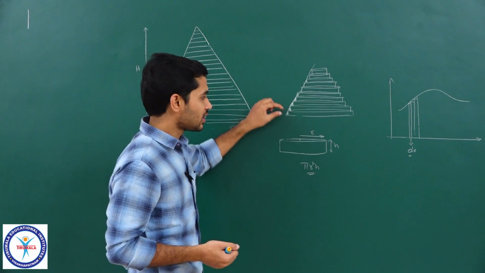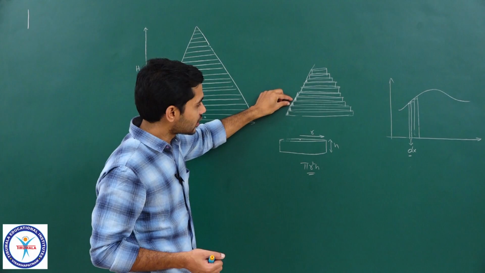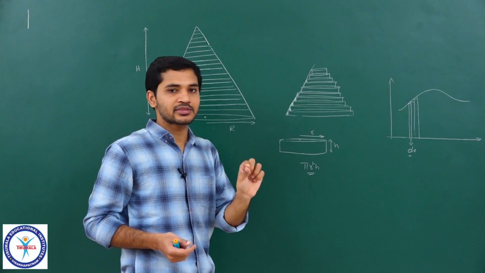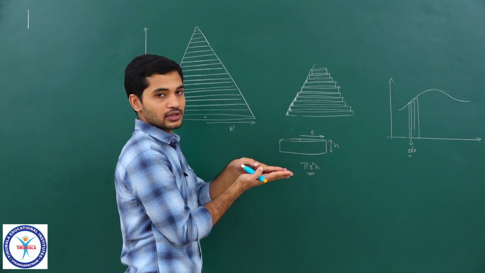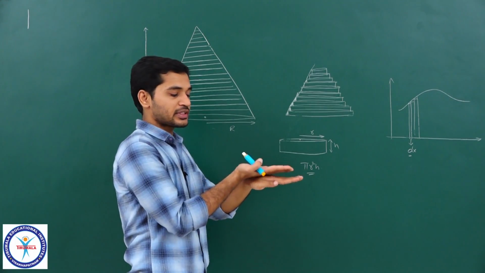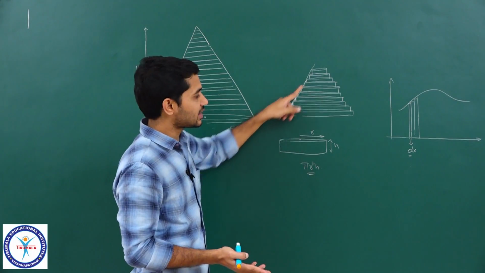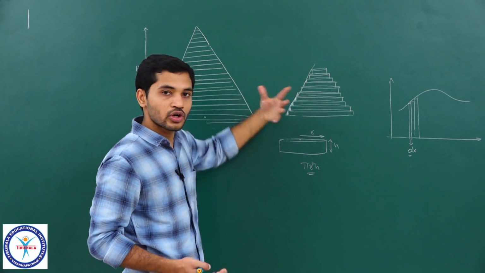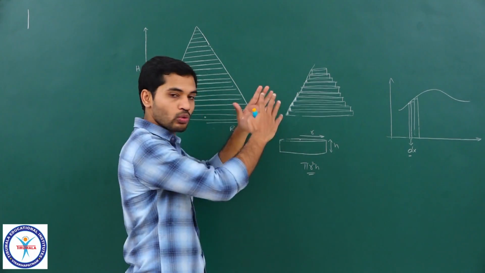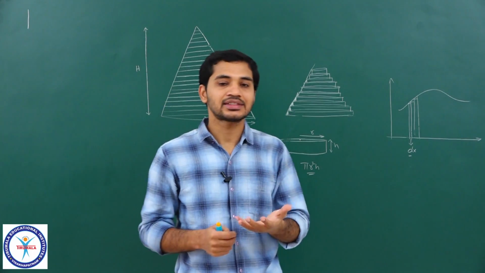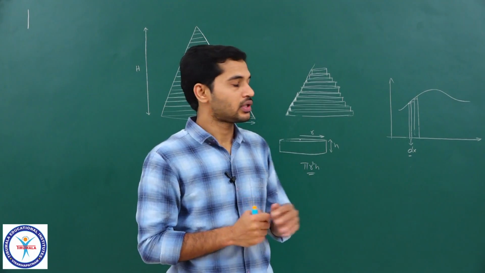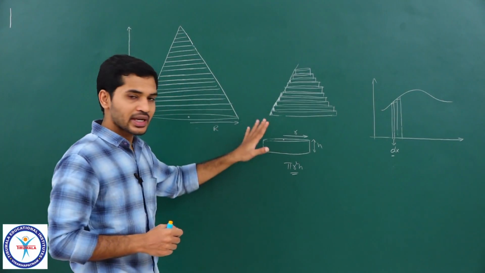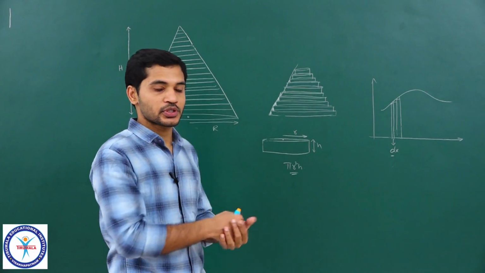Correct? So in the same manner, even here I can apply the same logic. Yes, there is some volume which is being left here, but what if I consider disks of infinitesimally small thickness? If I stack them one upon the other of decreasing radius, can I say that even these small volumes which are left out will not be lost now? Clear? I will be covering the whole volume of the cone. So that is the concept which we will be using in this scenario to find the volume of the cone, right? So I will draw the diagram once again and we will derive the expression for volume.